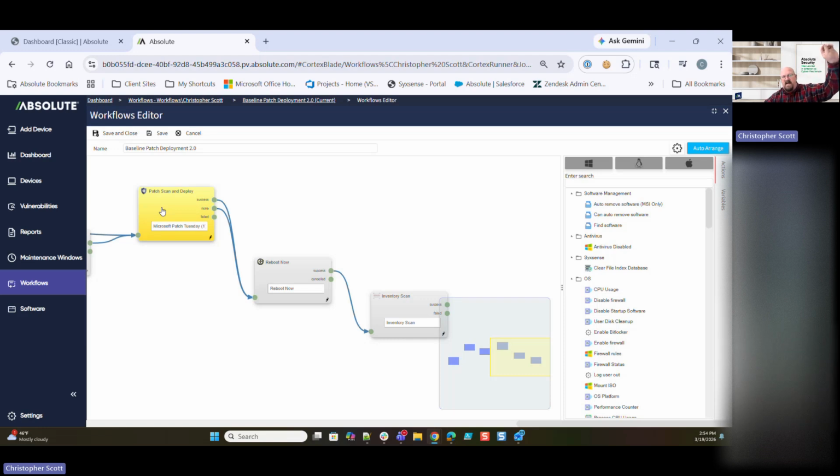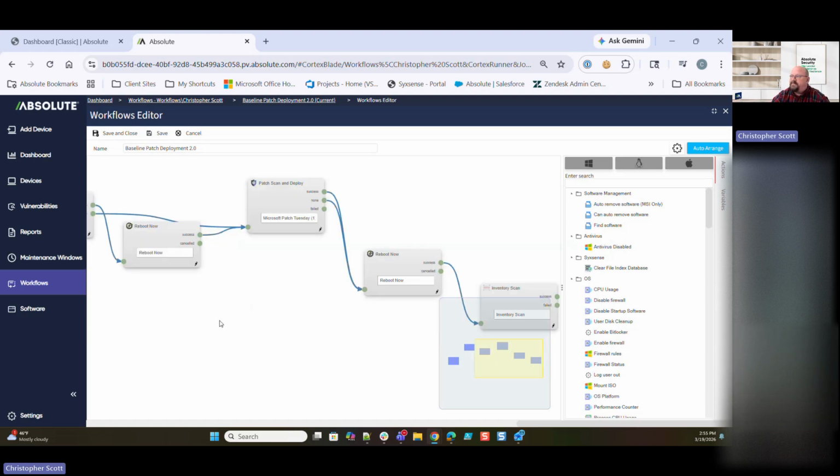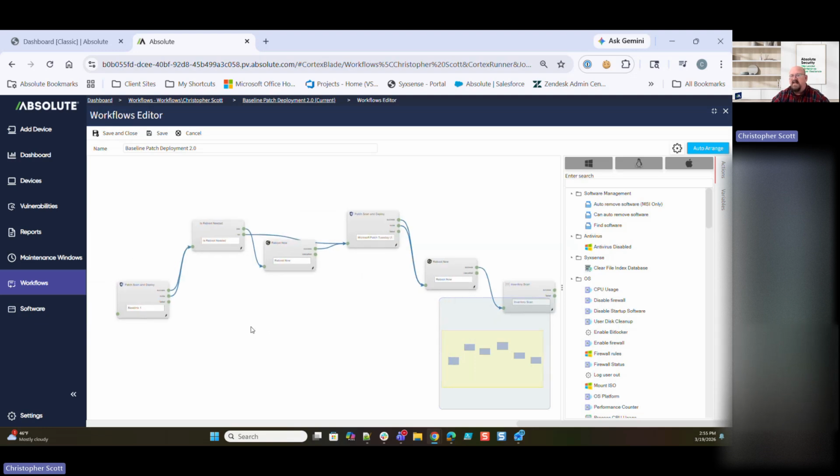You may want to just say, okay, here on this Thursday after Patch Tuesday, that's all I want to do. And then next week, you're going to throw out the rest of the patches that could be needed. Let's check and make sure, do I have anything else that needs to be patched on this device, anything at all? But that's exactly what this can do, and the automation of that